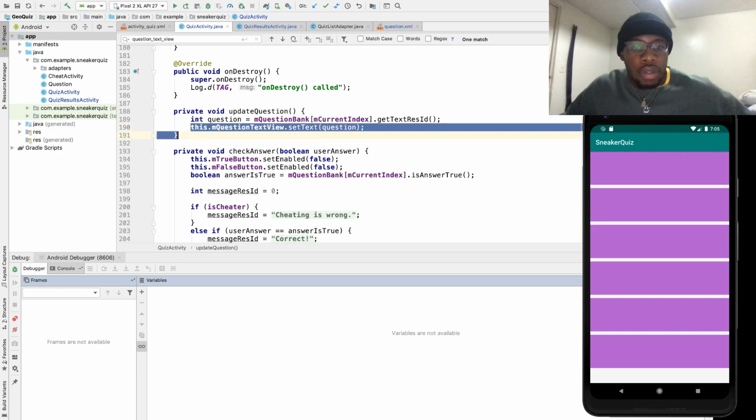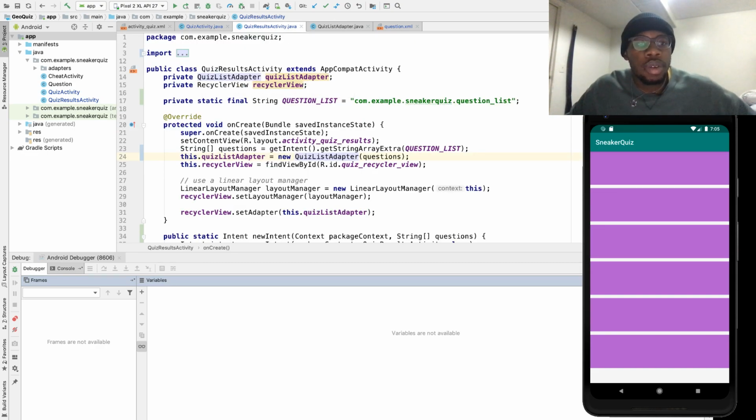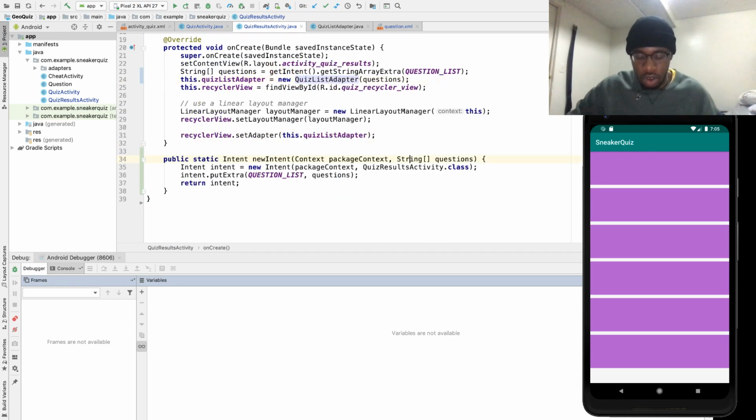Oh, so I set the text view to the text resolution ID. Okay. But oh, so then do I need to? Oh, so I can just use the ID of the questions. I didn't even need to take the strings out of them. Okay, so I feel really silly now. Okay, so actually I'm going to jump back real quick and make this an integer array of questions, which will break everything,